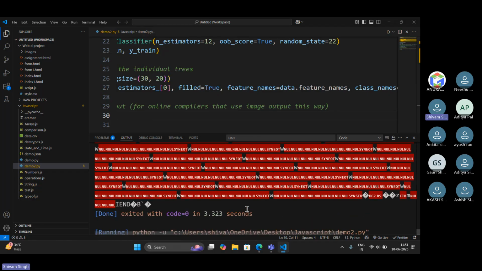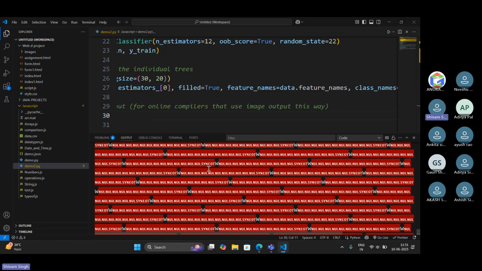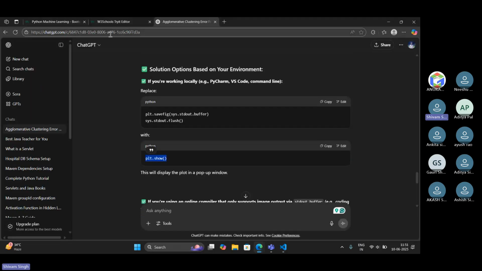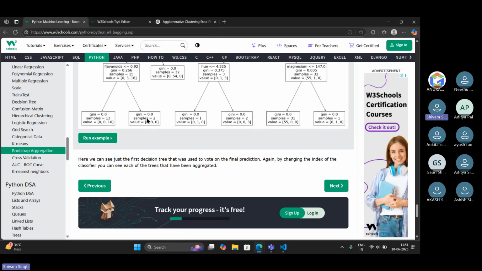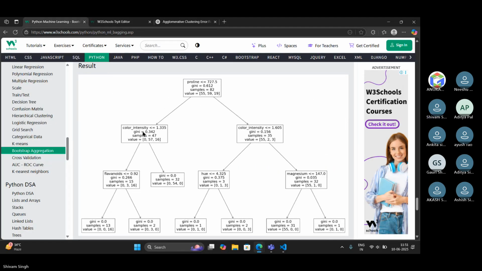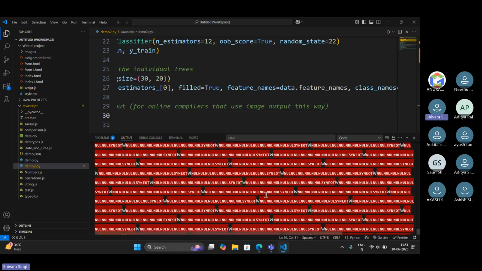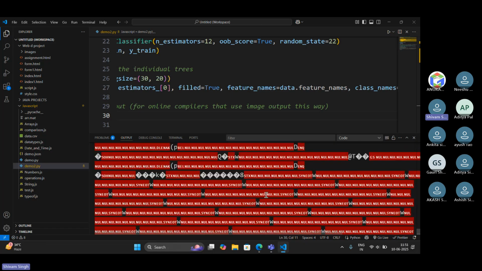Basically, the code is executing successfully, but it is giving us the binary data of the image. So it is not able to generate the image. That's why it is giving us the binary data of the image.